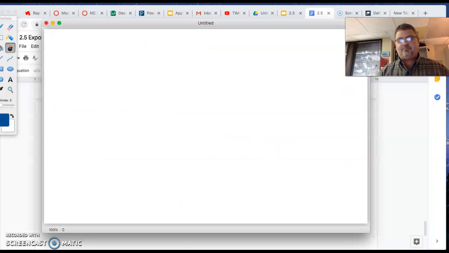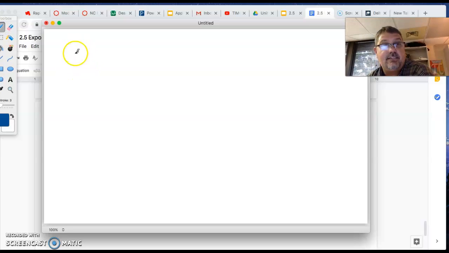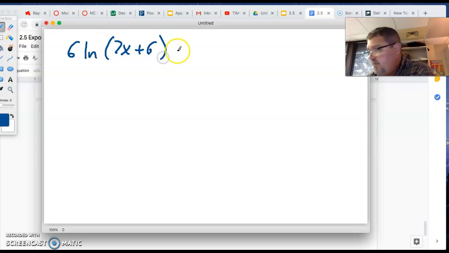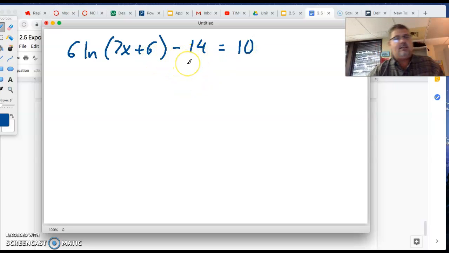All right, so we need to solve, need to put some ink up here, 6 natural log of 7x plus 6, and that is minus 14, and that's equal to 10. Again, the first step always is isolate the logarithmic term. So we would add 14 to both sides here